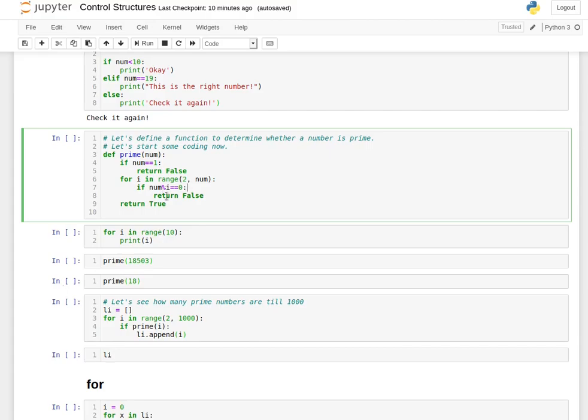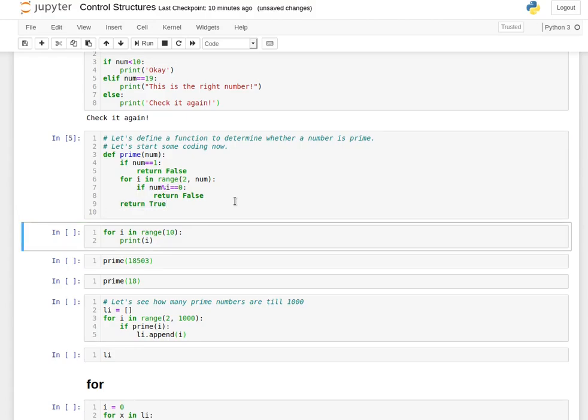So if num % i is equal to 0, that is if a number divides the number I have, it has to return false, that is it's not prime. While after the loop runs the whole time, and if this condition just doesn't work, it will return true, right? So we have created this function prime.